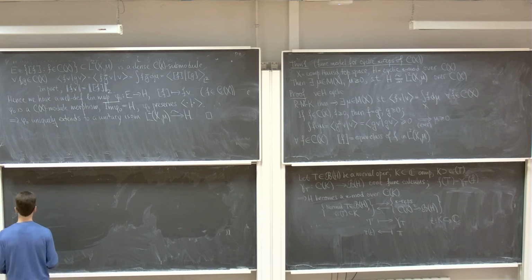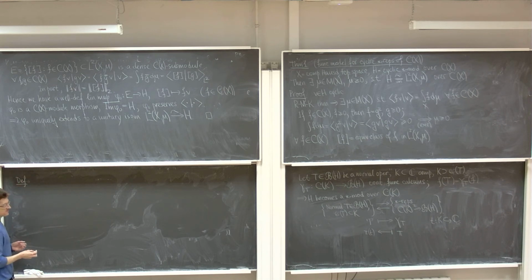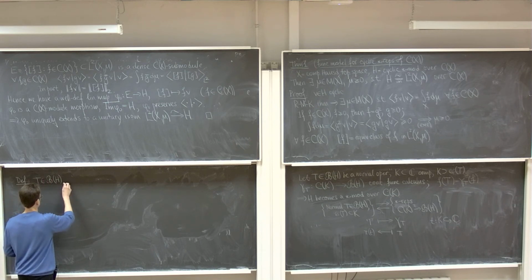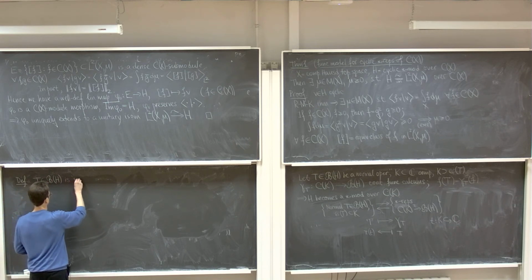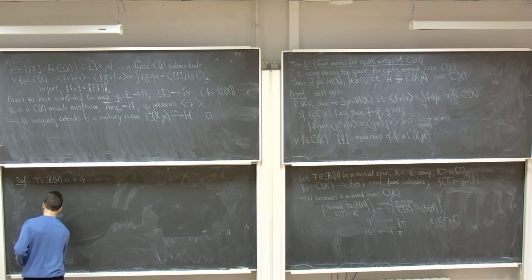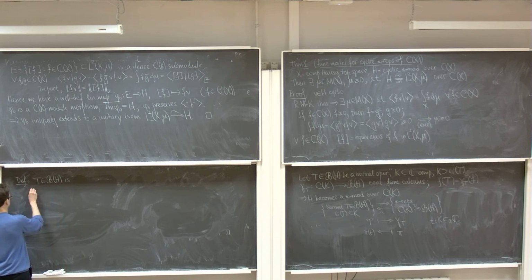We give the following definition. If we have a bounded linear operator T on the Hilbert space H, then we say that T is star cyclic. Actually, it will be convenient to give two definitions. So definition one, we say that T is star cyclic